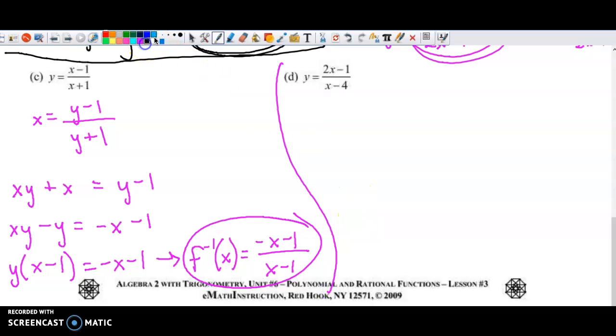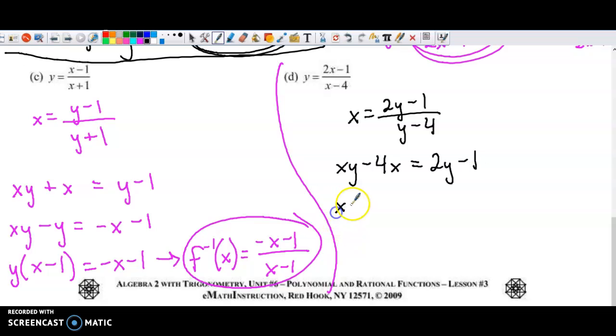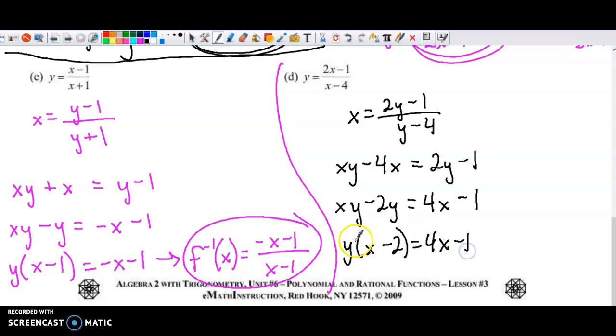And just one more. I know I'm working through this quickly, but I wanted to have every answer for you. Switch x and y, cross multiply. I need my y's on the left side, so I'm going to subtract 2y to the left side, and while I'm at it, I'm going to add 4x to the right side. Because I only want y's on one side, everything else on the other. So I can GCF a y out. So it's a multiplication problem. So then I can just divide,